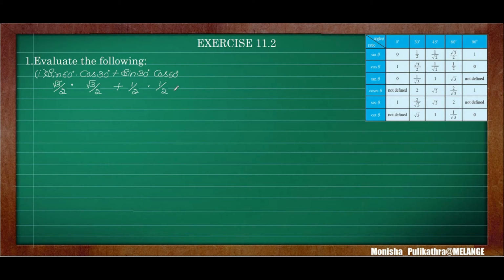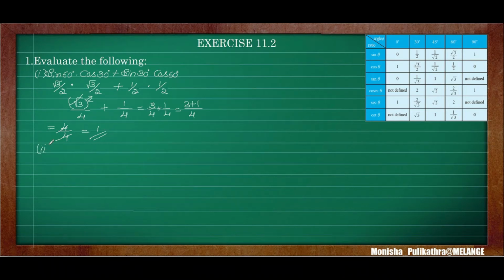So after substituting the values for all the trigonometric ratios, you have to simplify this. Root 3 into root 3. So this is multiplication. So root 3 into root 3 is root 3 whole square by 2 into 2 is 4, plus 1 1s are 1 by 2 2s are 4. So here square and root get cancelled. So that is 3 by 4 plus 1 by 4. So here the LCM is 4. When the denominator is the same, we have to retain it as it is. So the answer will be 4 by 4, that is equal to 1. Okay, so sine 60 cos 30 plus sine 30 cos 60, the answer will be 1.